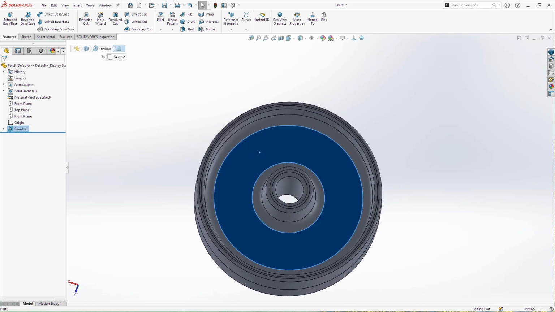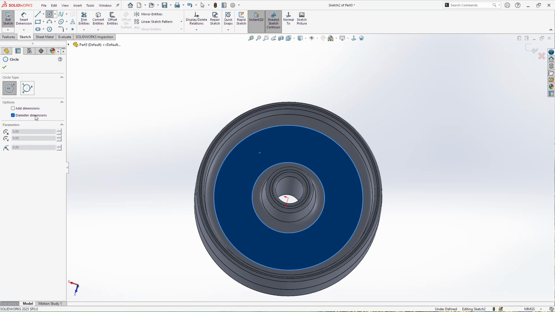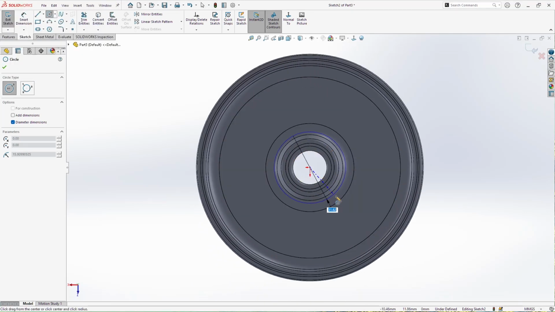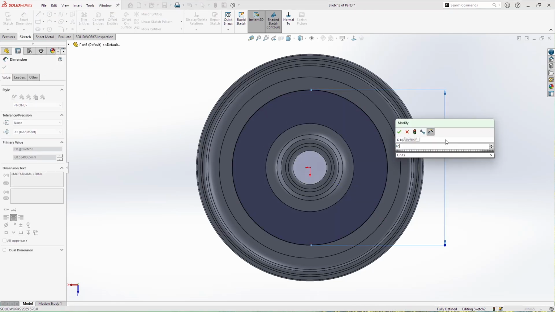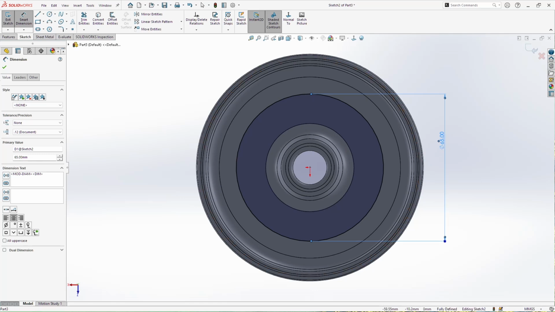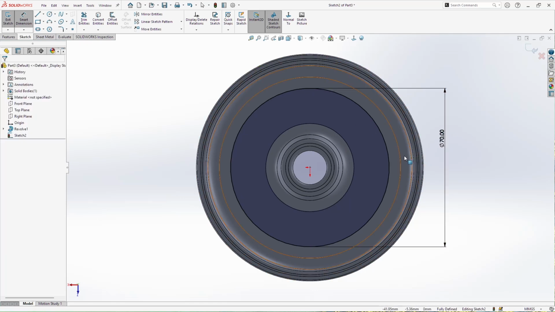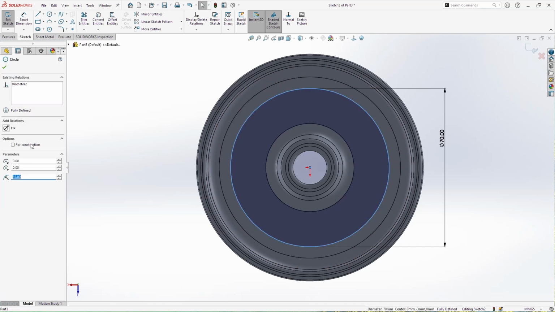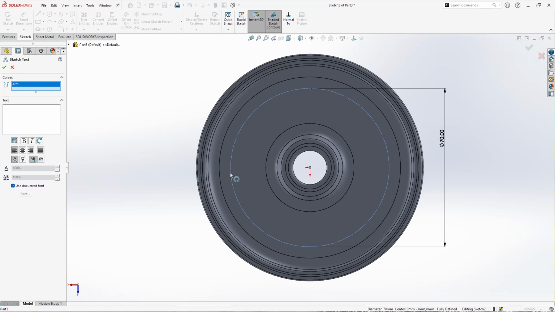Next thing that I'm going to do is to sketch on this surface here. I'm going to make one circle. It's going to start from the point. It will be 65 or 70 millimeters diameter, and I'm going to make it for construction. Then I'll write one text here: